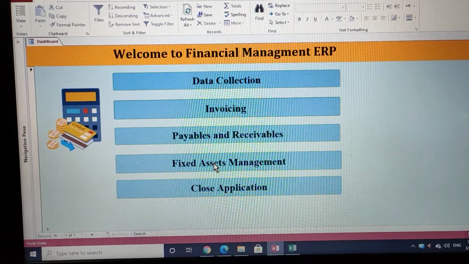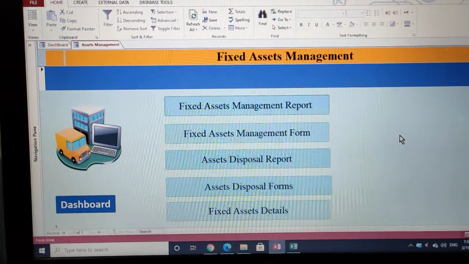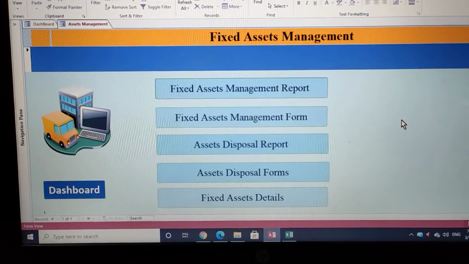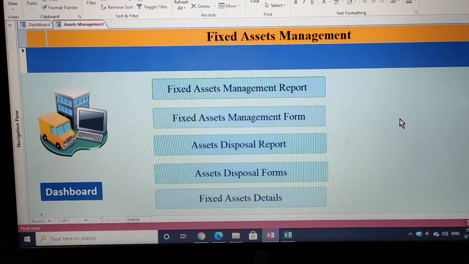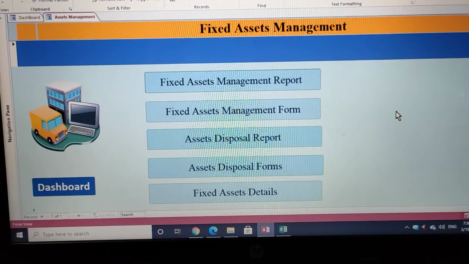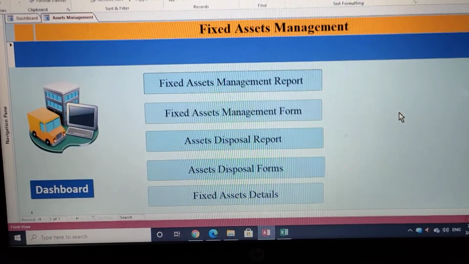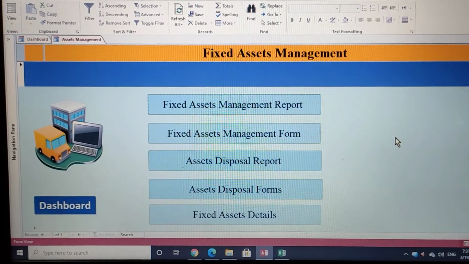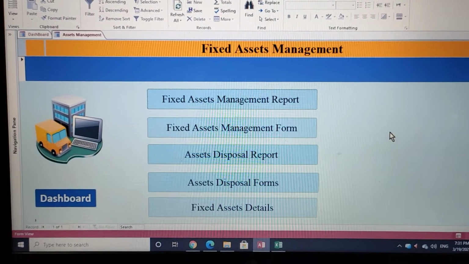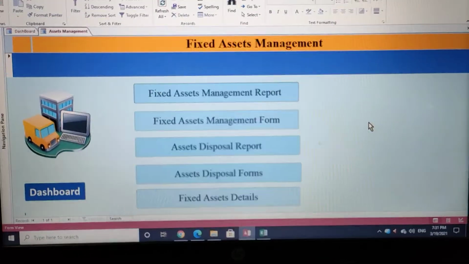And then you can also manage your fixed assets, payables, and receivables. How are you going to do that? For fixed assets management, for instance, if you own a bakery and you have bought a microwave oven or a stove, you're obviously going to record its cost and whatever you incur for its maintenance. Because that's what a business does. A business records its investment and its cost in order to see how much profit it's getting. So this would help you manage your fixed assets.